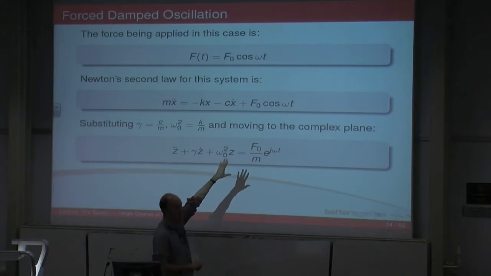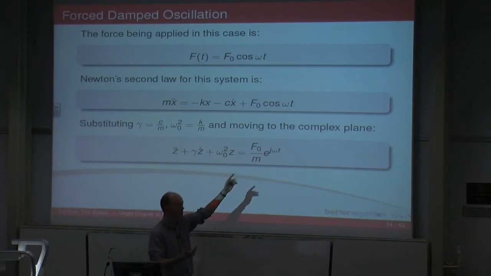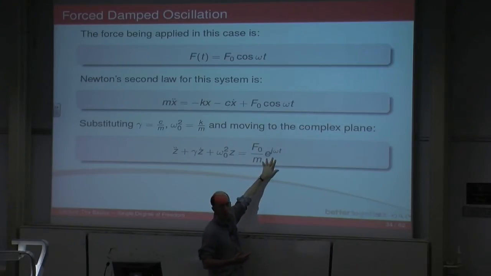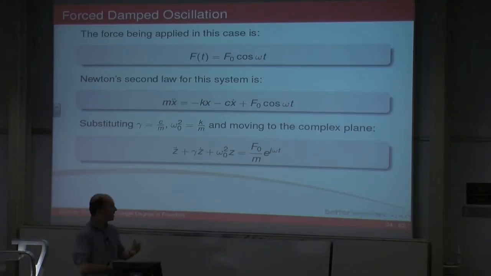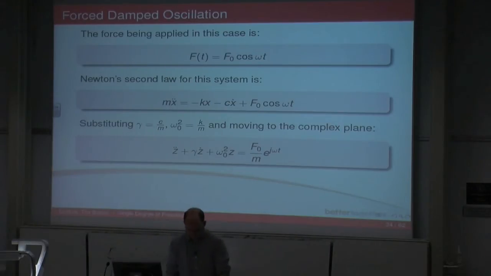forcing function. But of course, because it's a sinusoid, it's oscillation, we can replace cosine omega t with the complex form of that. And then when we go back to find x at the end, we just replace that e to the j omega t, we find the real part of that, and we end up with the real function. But we're going to do something else